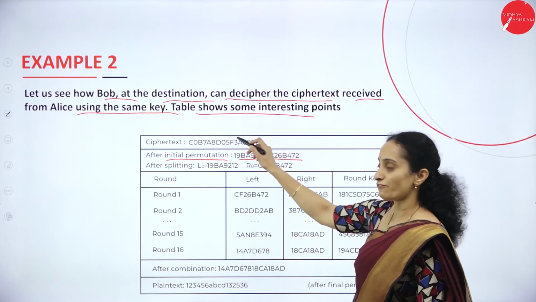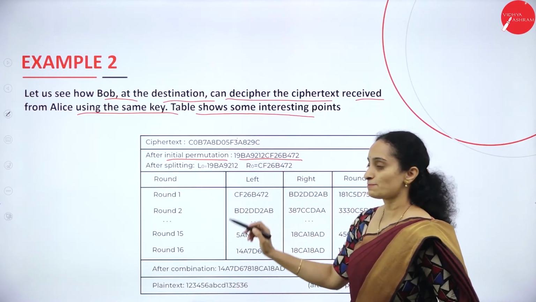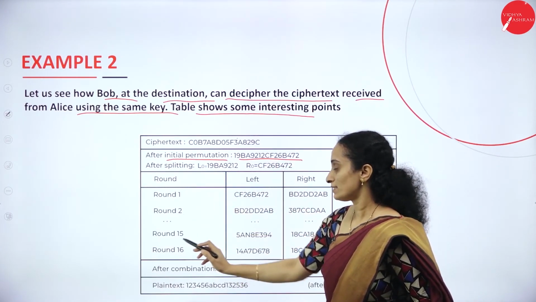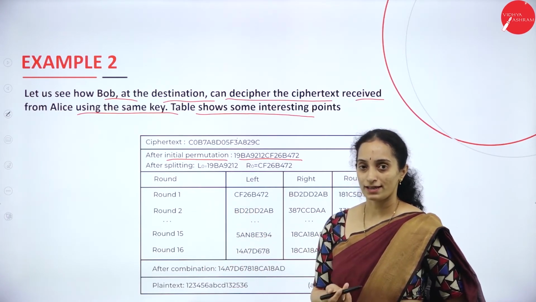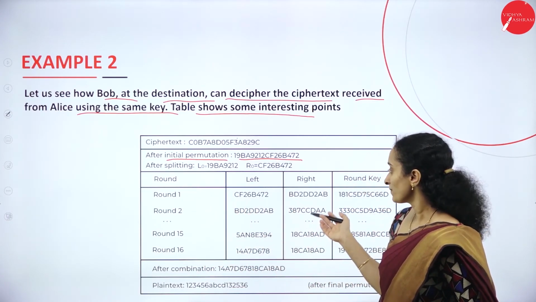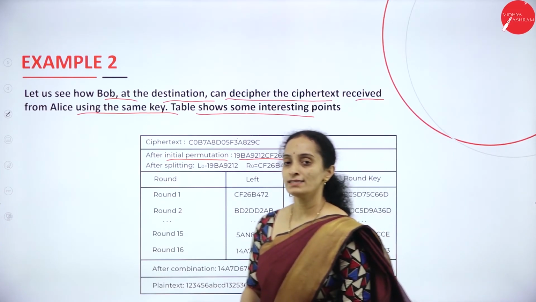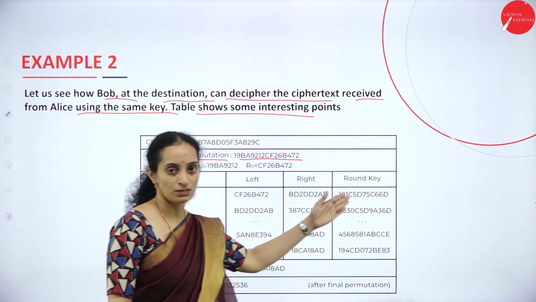Once the initial permutation is applied to this ciphertext, again it is split into L0, R0. Now we have 16 rounds. We have not shown all the rounds. This is a random one. Again we use the left and right part and a round key of 48 bits is used.